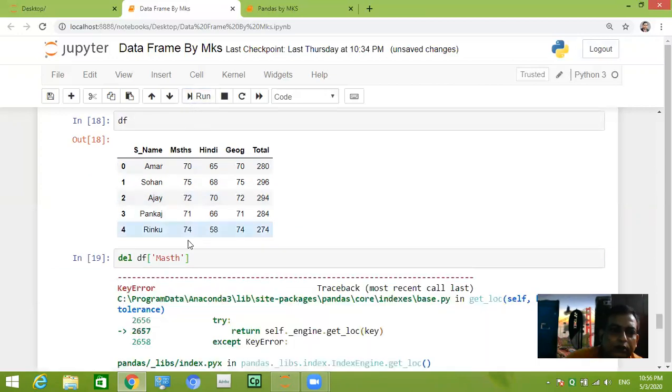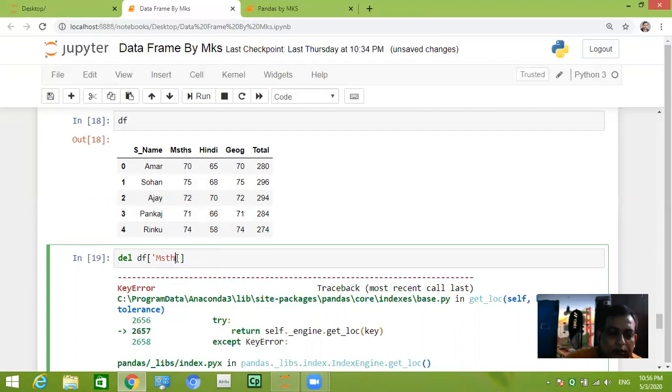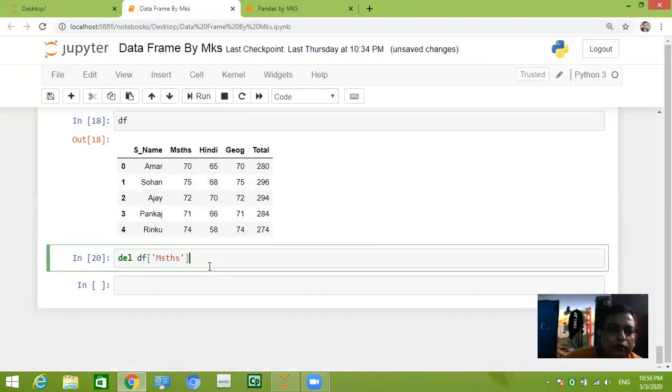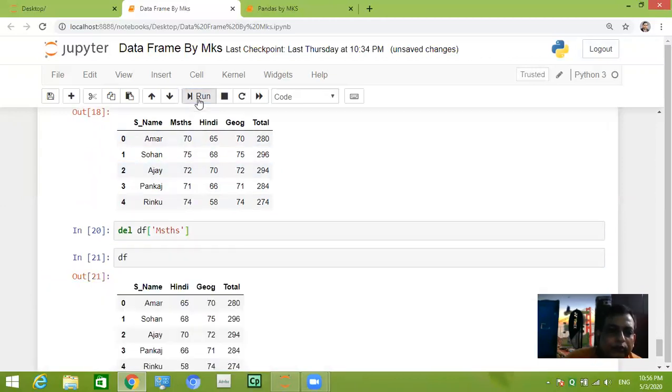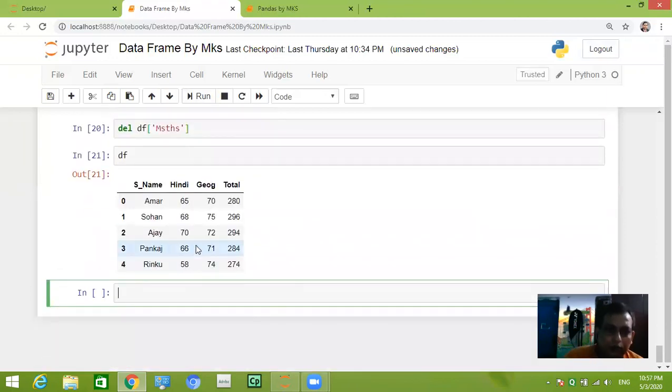There is a spelling mistake here, it should be M A T H S. So run. Now you can see df, see, the math column has been deleted.